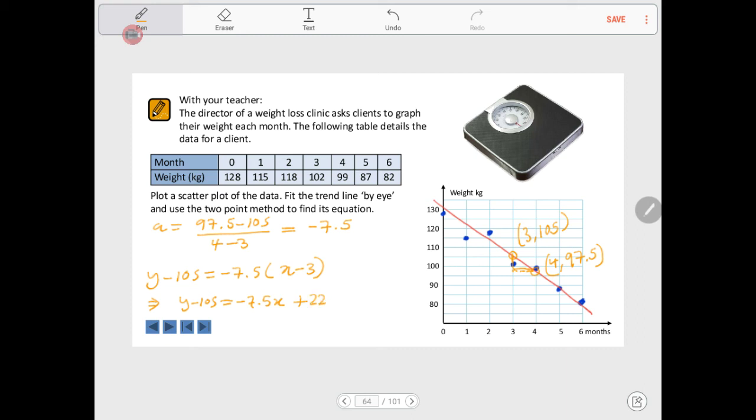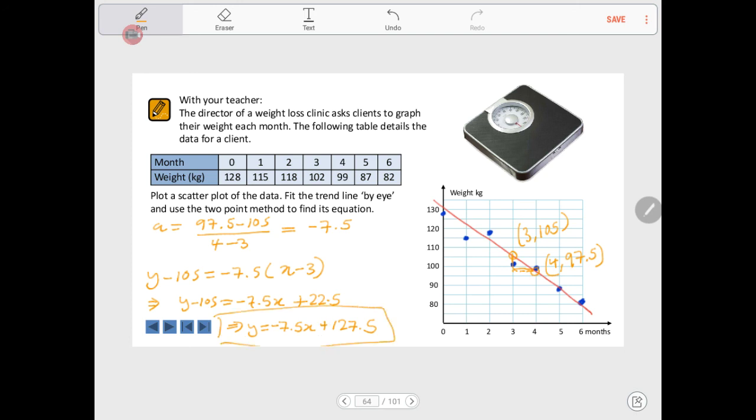Of course, negative by negative makes that positive there. Then we bring this 105 over and we end up with this. So 22.5 plus 105, 127.5. So there is the equation of the line of best fit